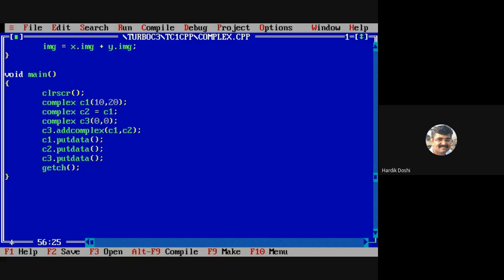What can be done? I have written the method. There is another alternate way of writing the same. The same statement we can write like this also: complex C2 in the bracket C1. Both the statements are same.